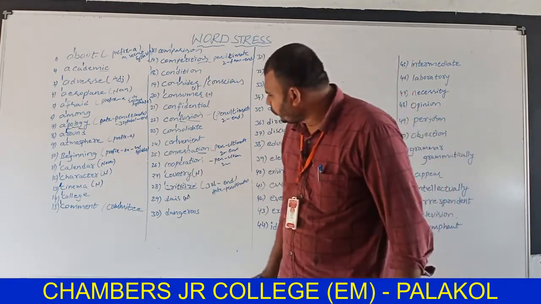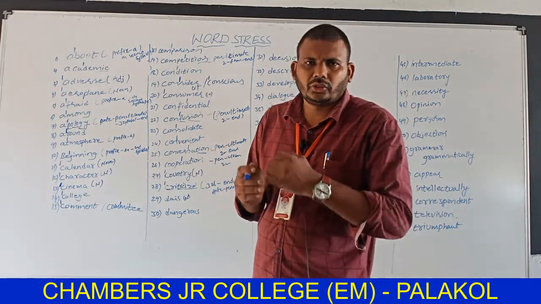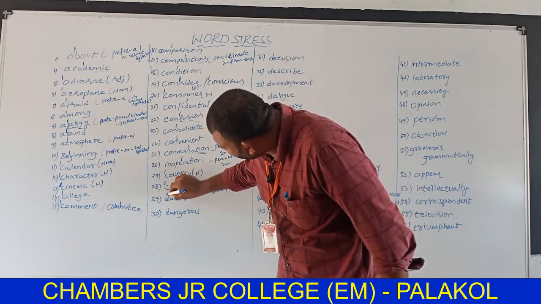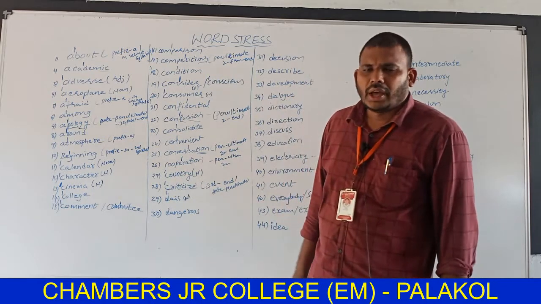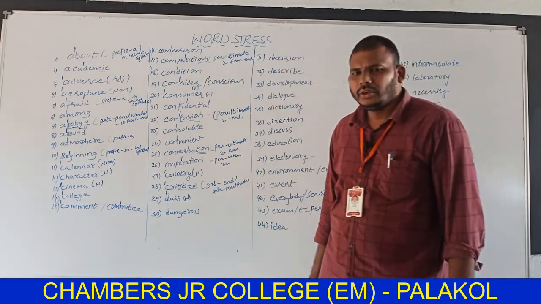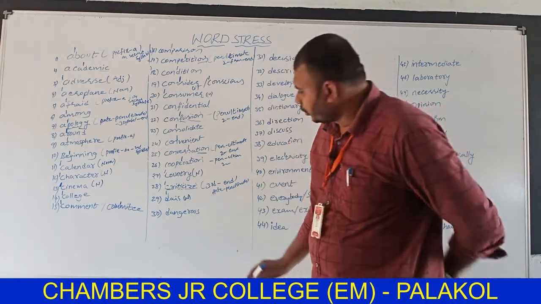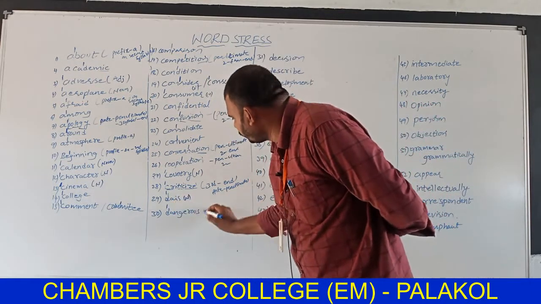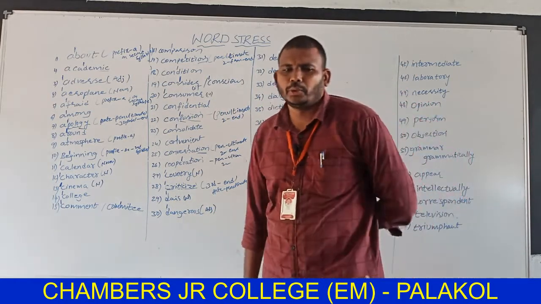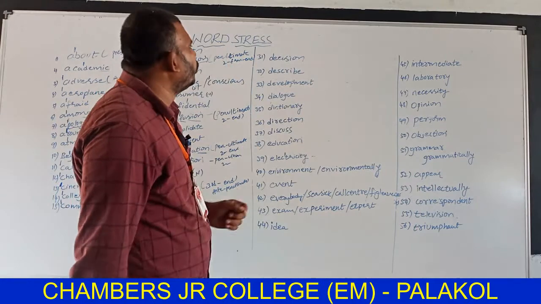And the next important word is dais. We generally call it dias. No, it is not dias, it's dais. So here you should put stress on D as it is a noun. So we can put N like this. And see the number 30 word, dangerous. Here it is an adjective. That's why we need to put stress on the primary syllable. So where should we put the stress on the word dangerous? D, the letter D.